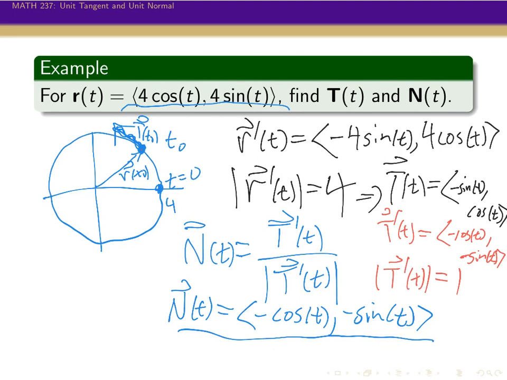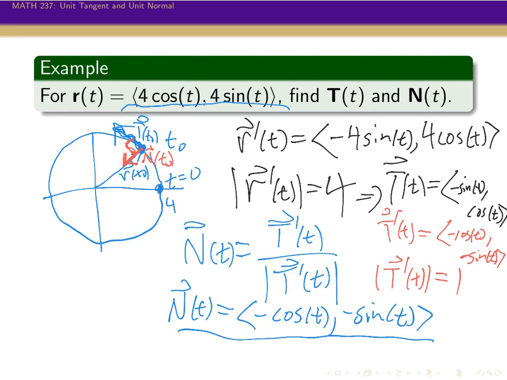Well, it's actually going the opposite direction. And so it's pointing in towards the center of the curve. And since the tangent is moving perpendicular to the curve, and the unit normal is moving back in towards the center,